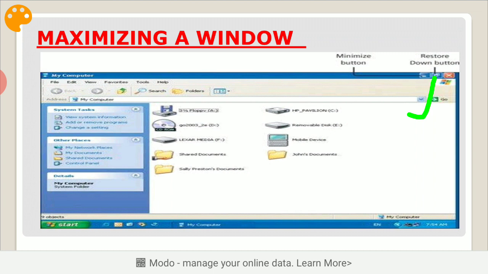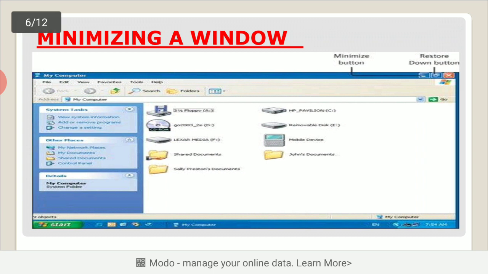The window fills your screen. To return the window to its previous size, move the mouse pointer over restore down, meaning you can click this button again to return it to its previous size. Okay, just click on it.